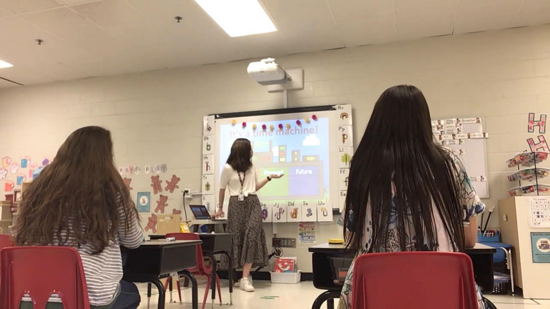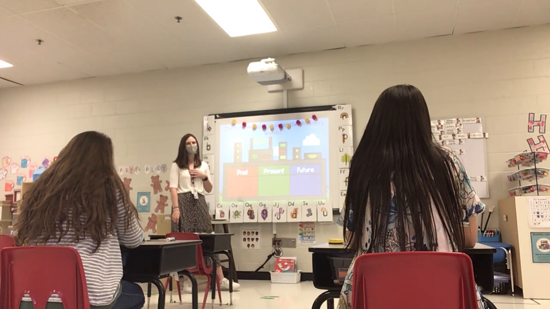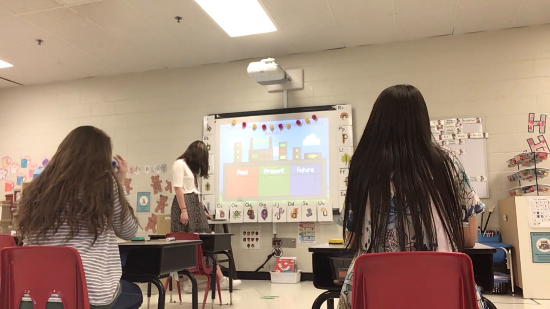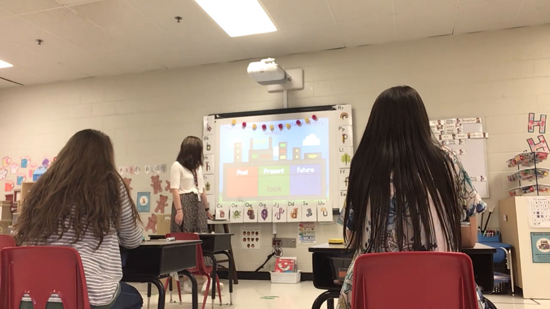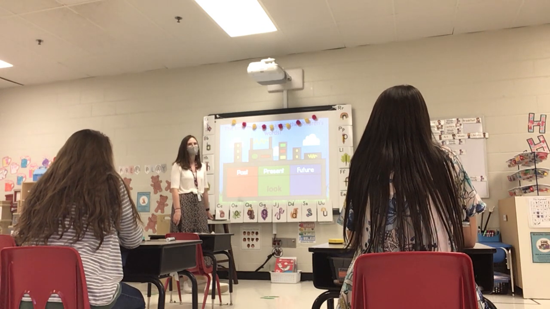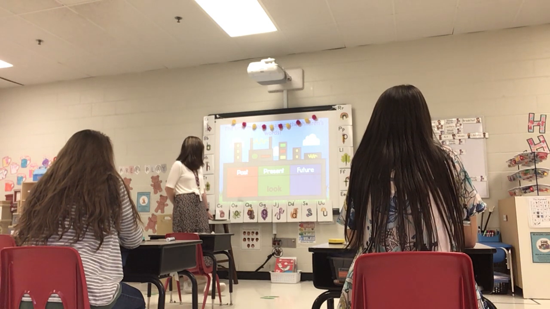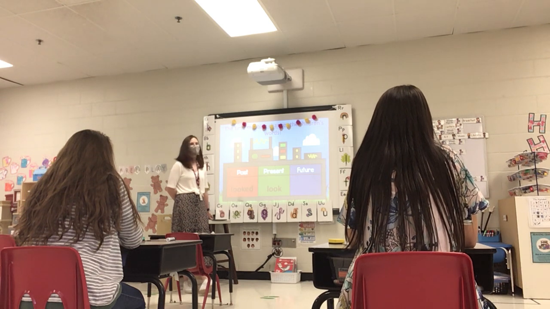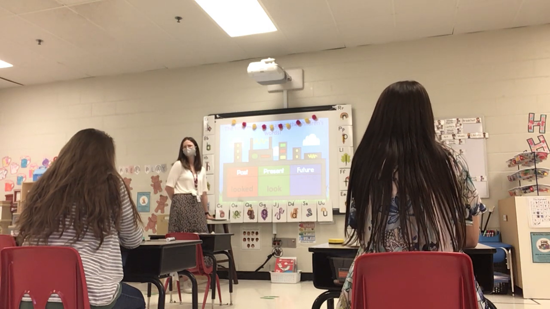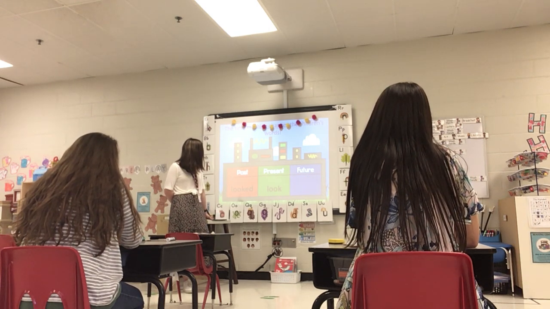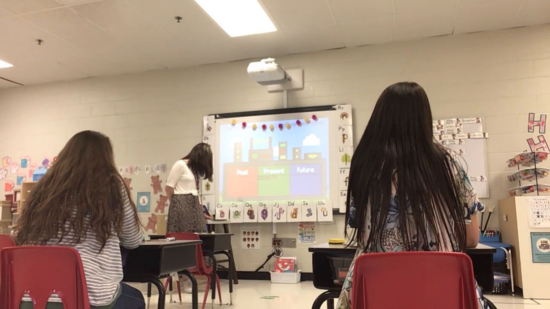The time machine is going to give us verbs, and we're going to try to figure out what they could be in the past or the present or the future. What verb is that? Look. What do you think look would be in past tense? Looked. Good job, Libby. What about in the future? Will look. Good. Let's see what's next.